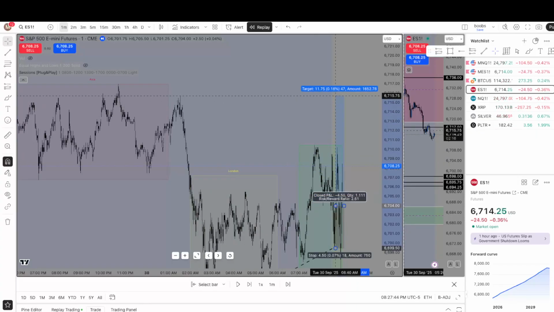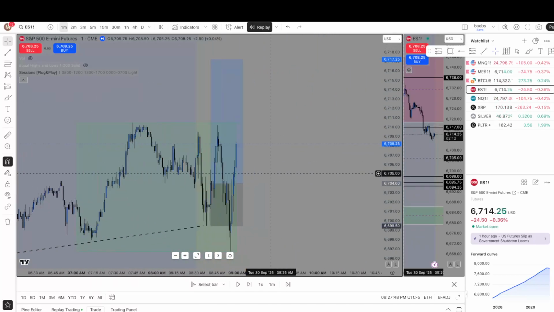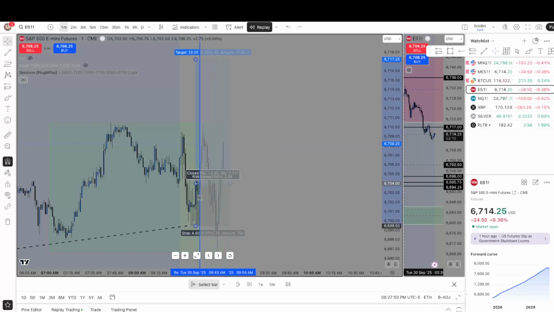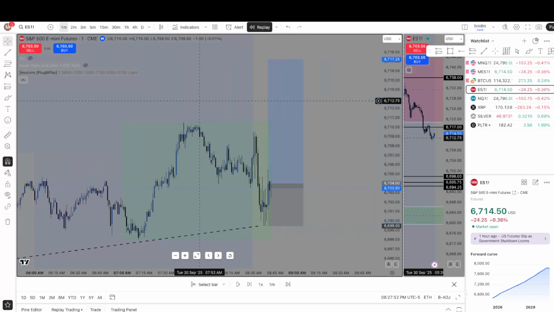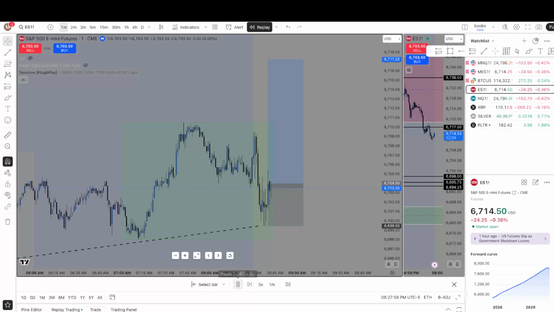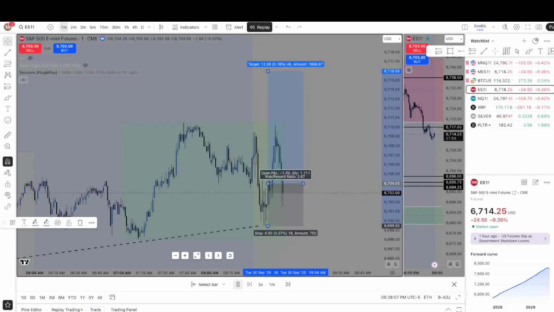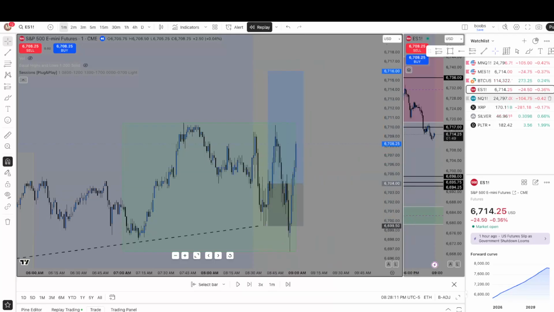We can go all the way to the highs up here, or all the way to Asian session high draws, which is this. As you can see, once I entered in on this trade, I got absolutely cooked. Goes a little, hits my take profit immediately. And honestly, looking at that, maybe I could have taken draws out at that 1 to 1. Immediately comes down, stops me out, right? So that's something we can look at.